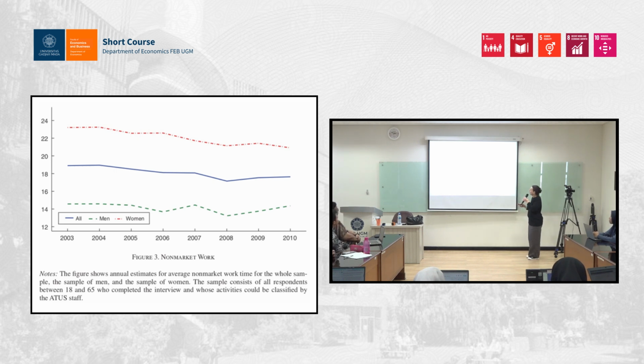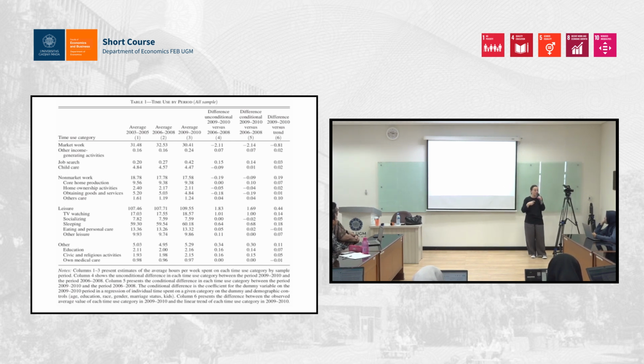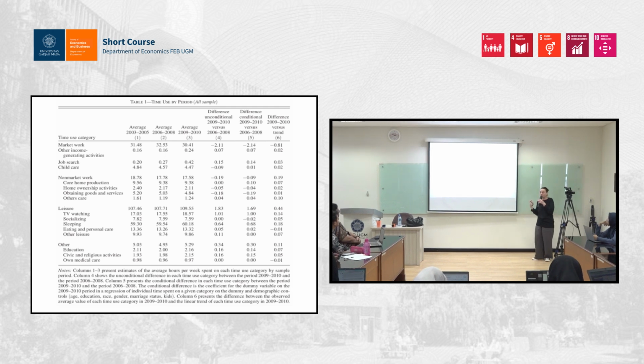And so they're going to show estimates from econometrics. You've done econometrics, all of you? Yes? So they show these estimates for this econometric model over different time periods: before the recession, 2003 to 2005 and 2006 to 2008, and then during the recession, 2009-2010. They have different models conditioning on different explanatory variables, controlling for the age, the gender of the people, the household composition of the children, and also sometimes they add weights